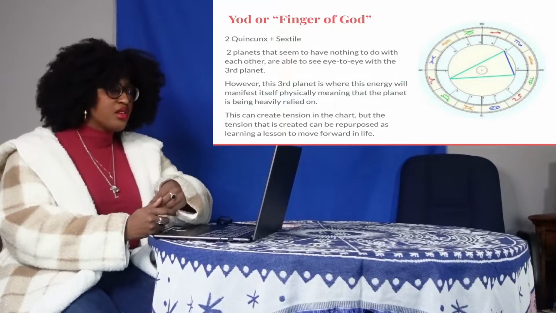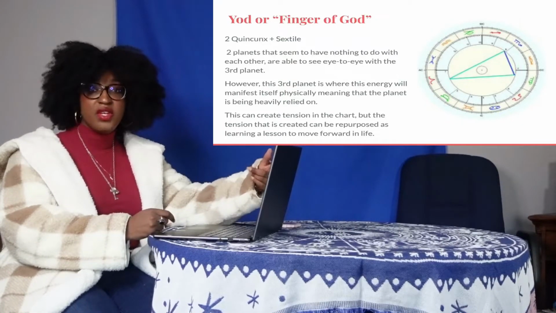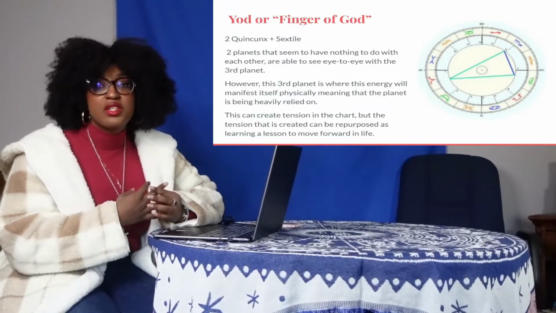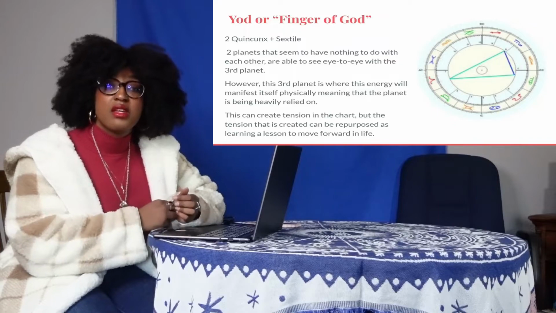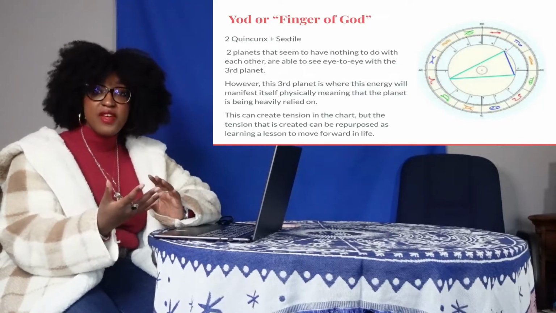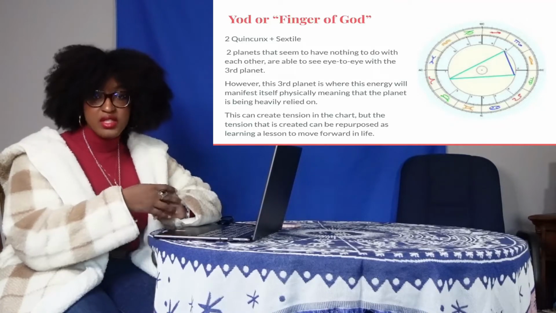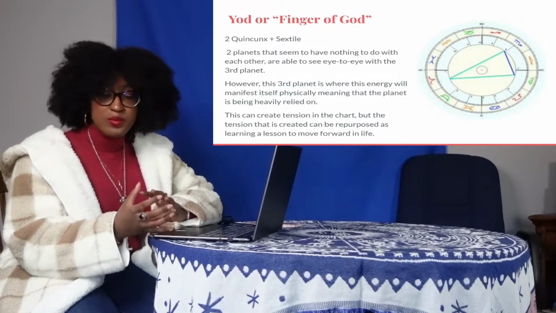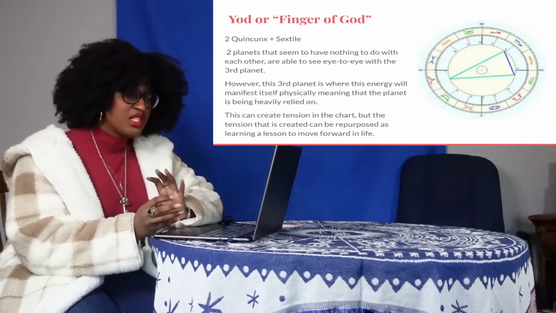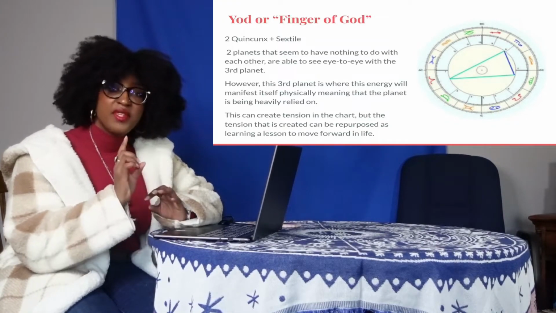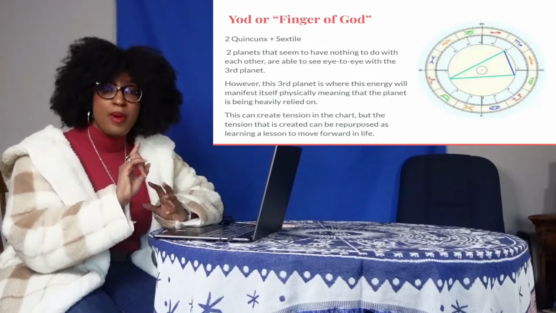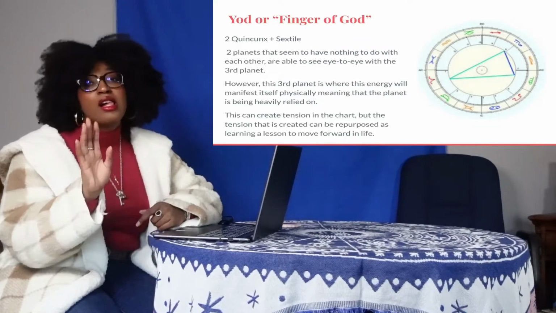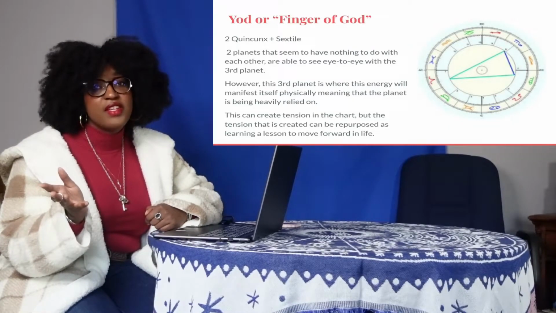But another, instead of finger of God, it could also be called the finger of Yud, or the finger of fate, because if you want to think about it better, in the sense of instead of God, fate. What is fate? Fate is something you leave up to the universe. It's something that you believe in and just know it's going to work out for you. You know, having blind faith. So this finger of fate is like something in your life that is bound to happen and bound to manifest itself. So you're probably wondering, how's it going to manifest itself then?